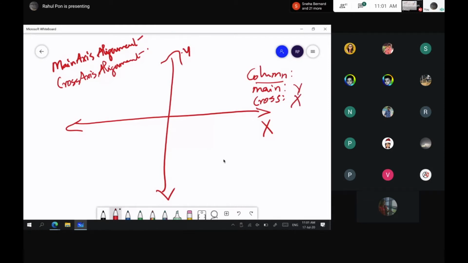Now let's say the main axis alignment is equal to center. What does that mean? Which is the main axis here? Y. Okay. So where is the center of Y? The center of Y is here, right?